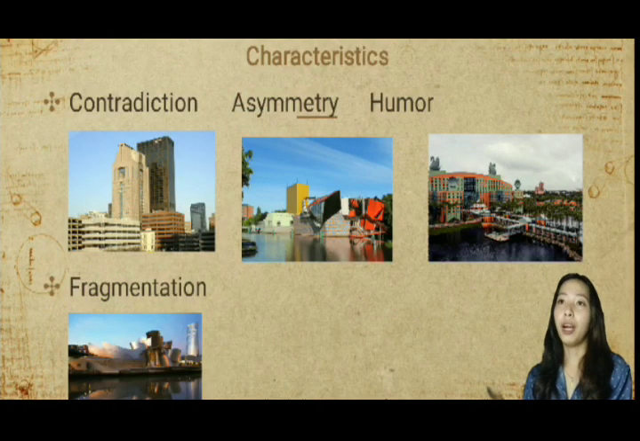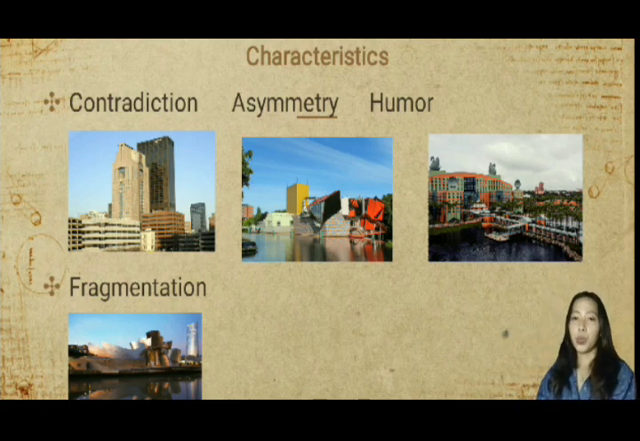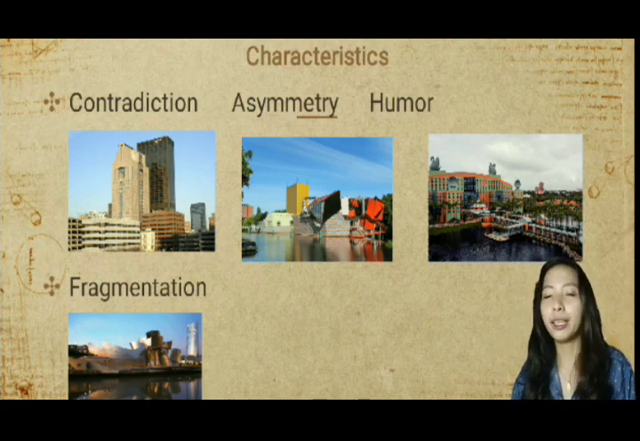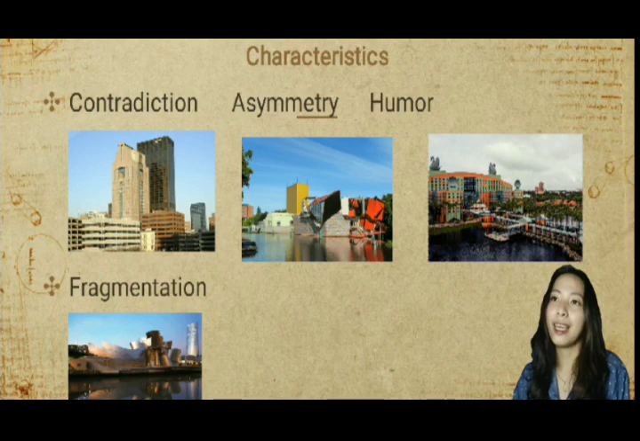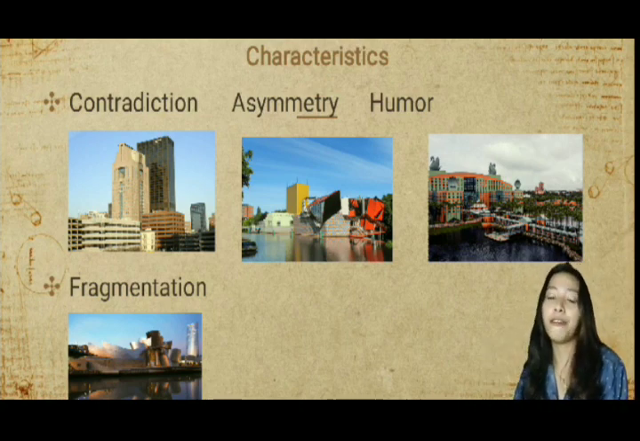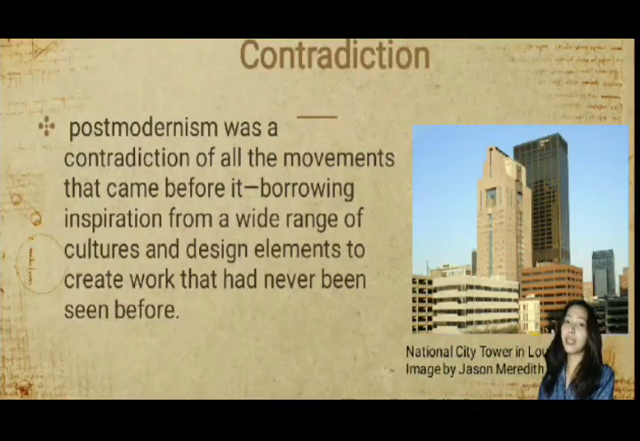Okay, so what are the characteristics of postmodern architecture? Okay, so here are the four characteristics. So first is the contradiction, second is the asymmetry, third is the humor, and fourth is the fragmentation. Okay, so what is contradiction? Okay, contradiction,